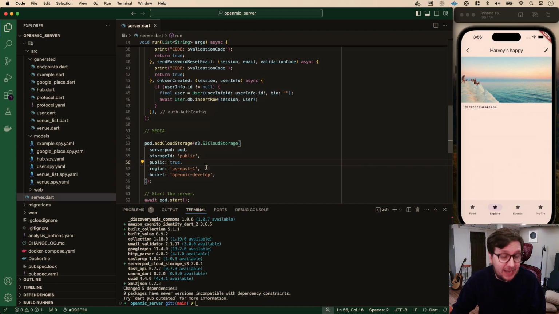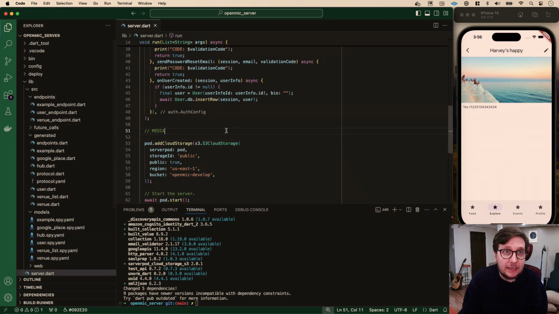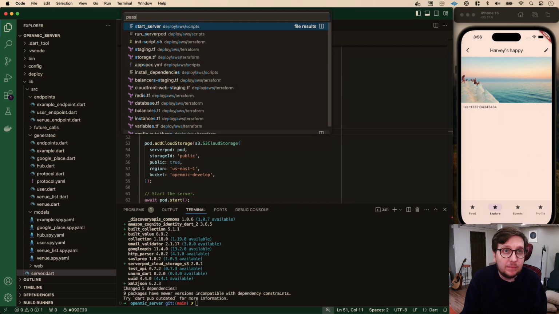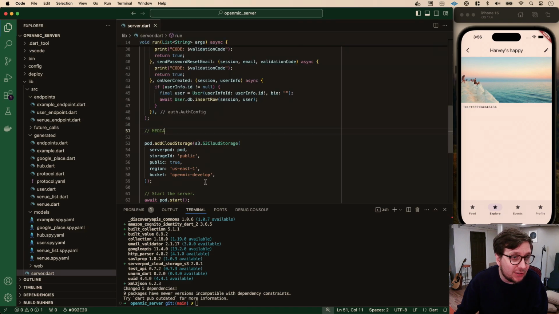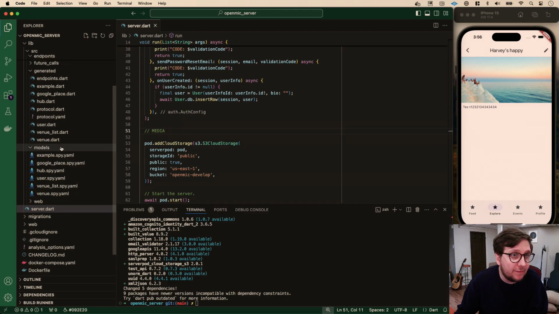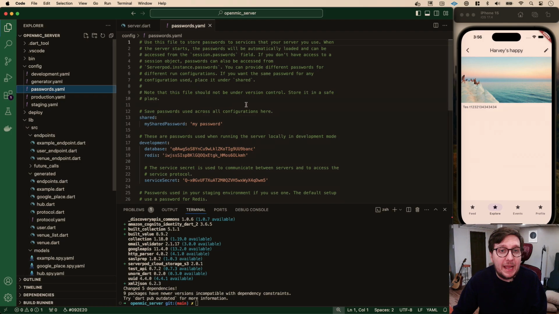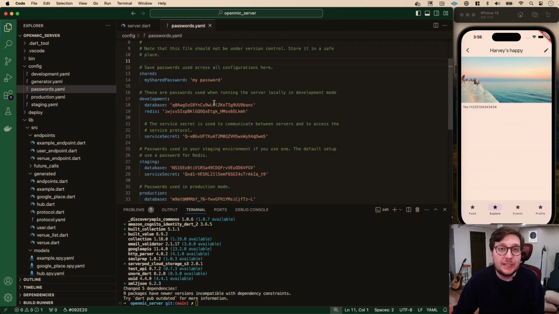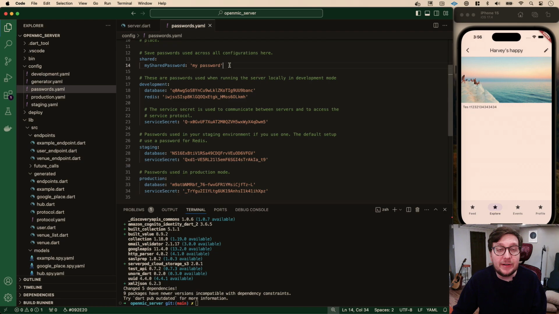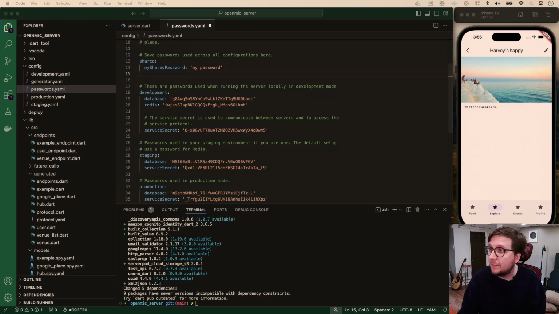And in order to do that, we're going to open up our passwords dot, I think it's called YAML. Maybe it's not. Oh yeah, it's not version controlled, so it won't show up that way. But in config, you'll have a passwords.yaml here. And these are like all my local passwords and stuff like that. And what we want to do in here is actually put some credentials